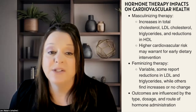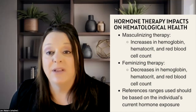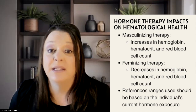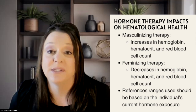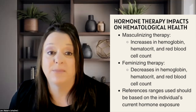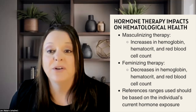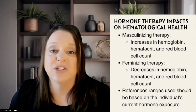Outcomes are certainly influenced by type, dosage, and route of hormone administration. As for the impact on hematologic measures, testosterone's erythropoietic effect commonly leads to higher hemoglobin, hematocrit, and red blood cell count in individuals on masculinizing regimens. Estrogen-based therapy tends to lower these markers. Reference ranges should reflect an individual's current hormone exposure and stage of treatment to ensure accurate interpretation of values like